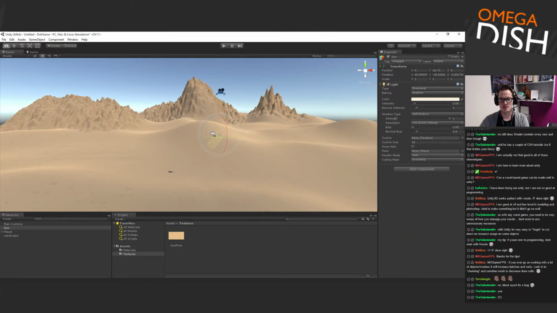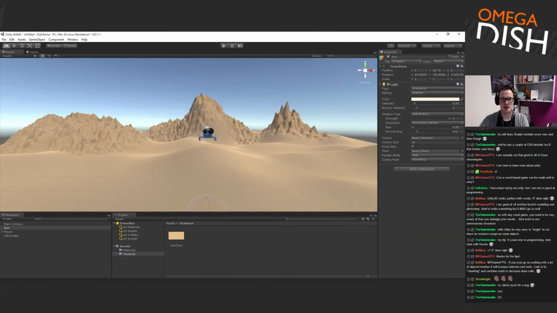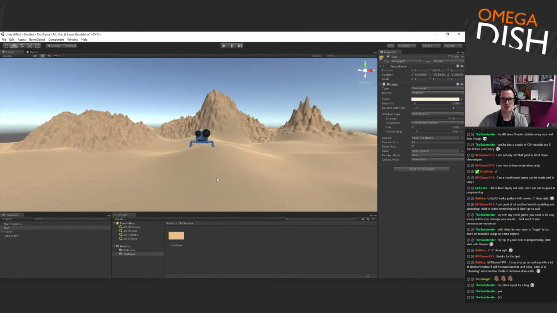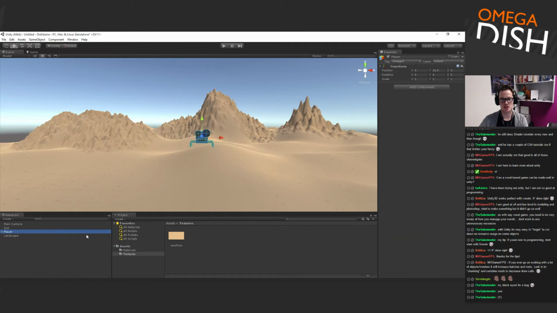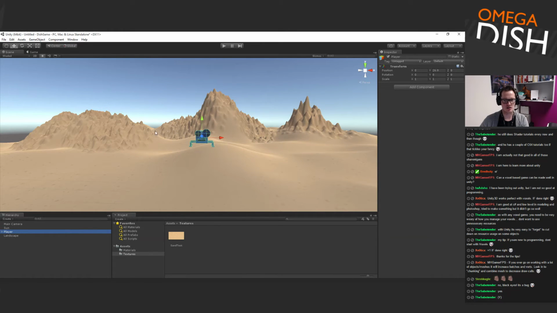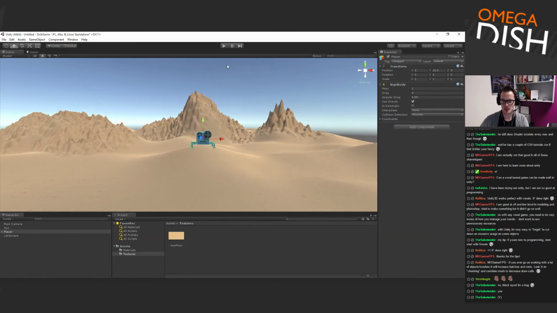Okay, so going back to my player here, I want to do a couple of things with this. The first thing I want to do is to make sure that it's affected by a physics engine in Unity, so it falls down. Then I won't be able to control this one. So if I add a component to the player here, let's see, rigid body. This is now a physics object. If I hit play now,